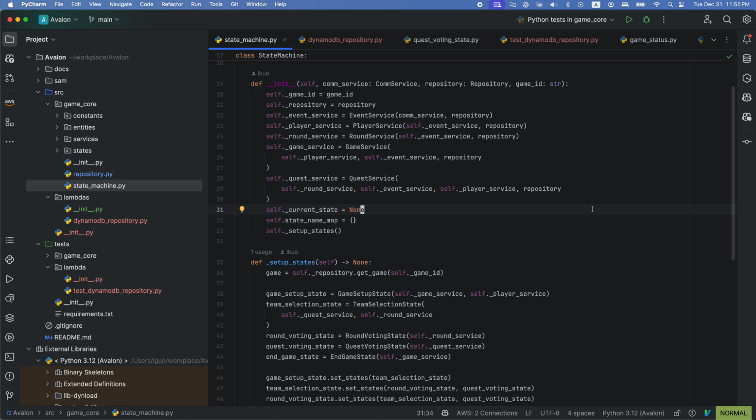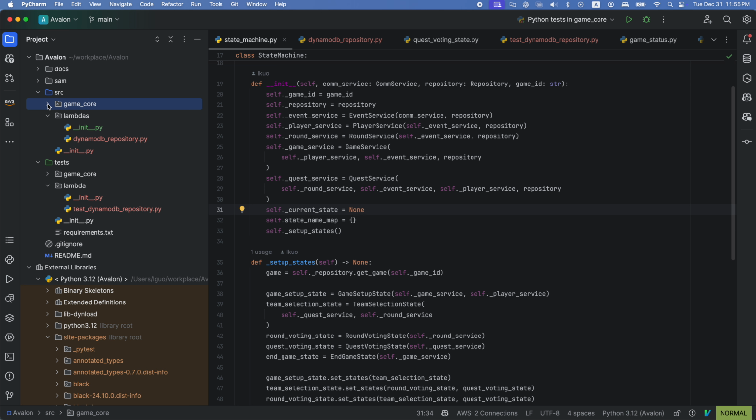We only want to take care of the core logic, so that no matter where we deploy this piece of logic, if there's no bug or no changes to the game logic, this package stays the same forever.